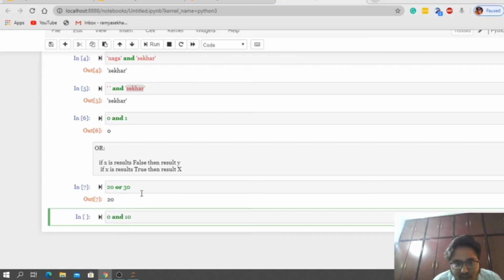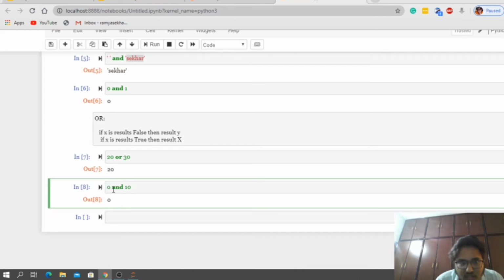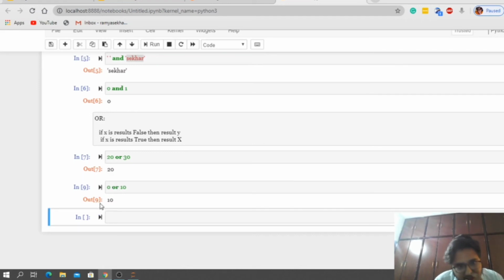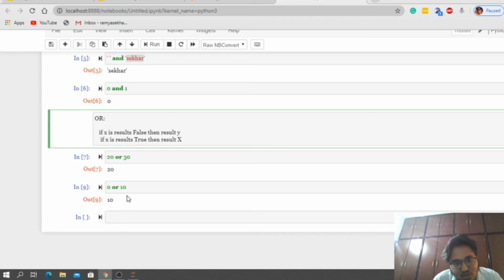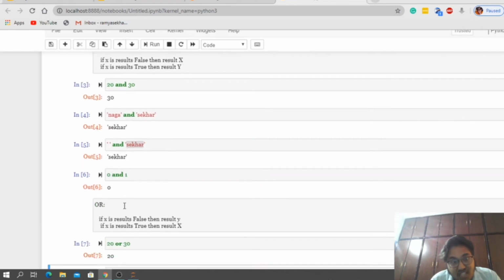Here x is false because x is 0. If x returns false, then automatically the result will be y. I wrote AND, sorry, here I need to write OR. See, I am getting 10, which is y. Is it clear? This is for logical AND, this is for logical OR.